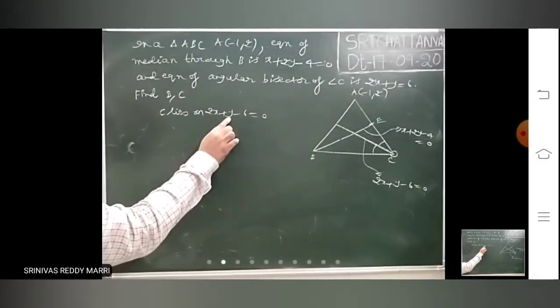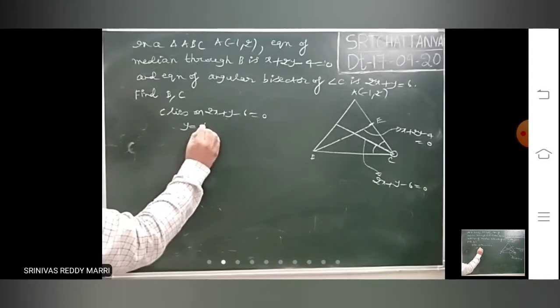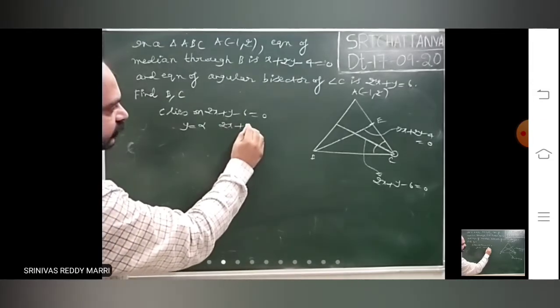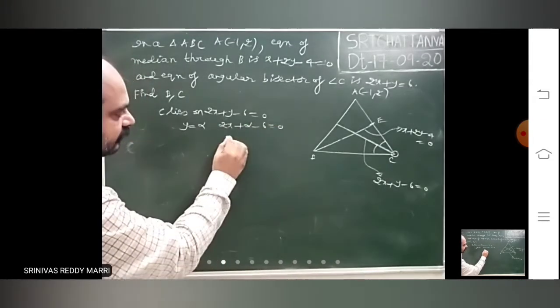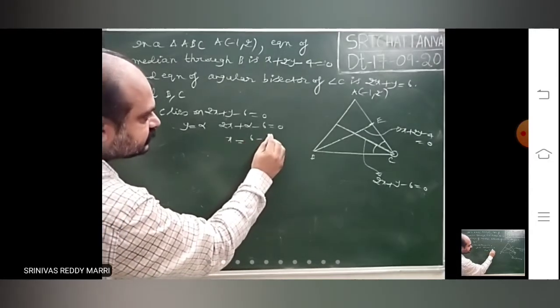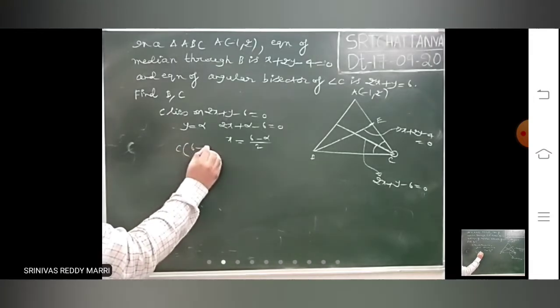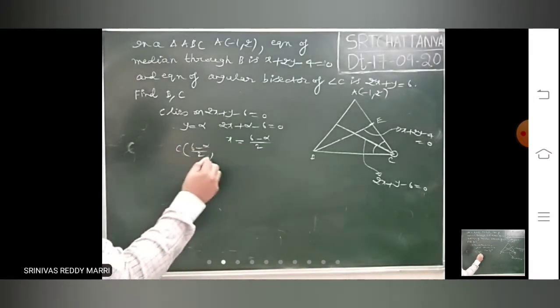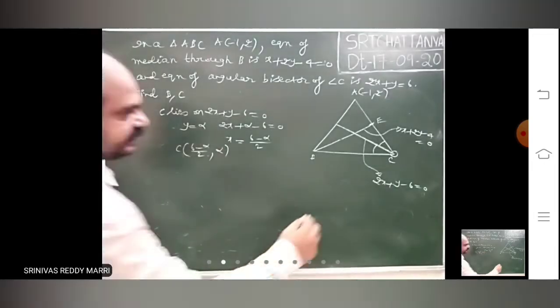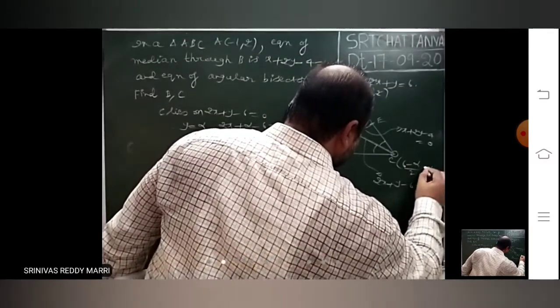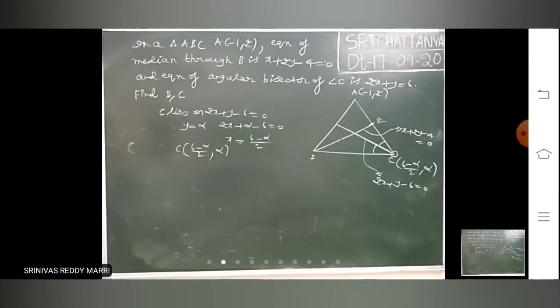I want to take that point in terms of a variable. Y equal to alpha I am taking. Y equal to alpha means 2x, I want to take in variable. X is what? 6 minus alpha divided by 2. That means C point on that line can be taken like this. You can take x equal to alpha also, no problem. So this is the point. That means C point will be like (6 minus alpha by 2, alpha). Any point on this line will be in this form.